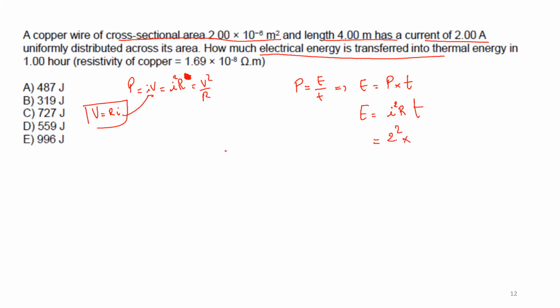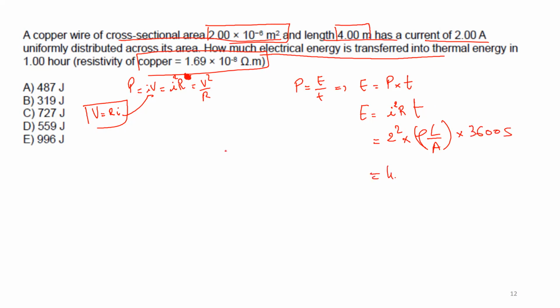Now what's R? Well, R is rho L divided by A. I know rho of copper, it's given here. I know L. I know the cross-sectional area. So I know everything. Okay, and then I know the time. What's time? 1 hour. So I put it in SI units. So 1 hour is